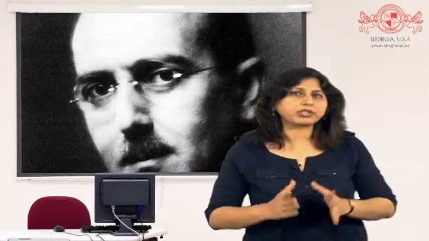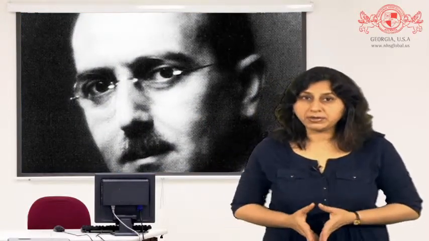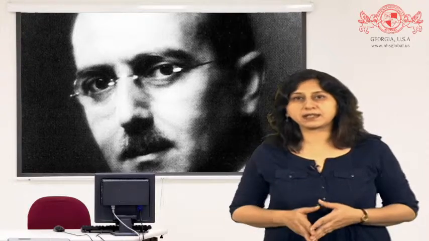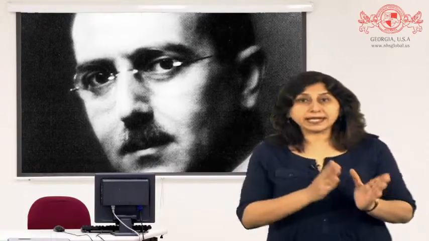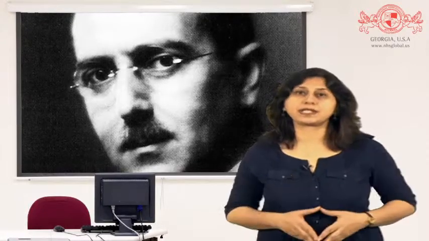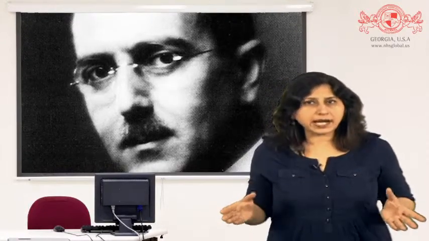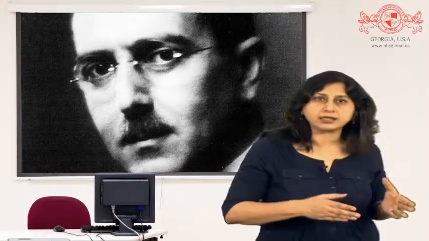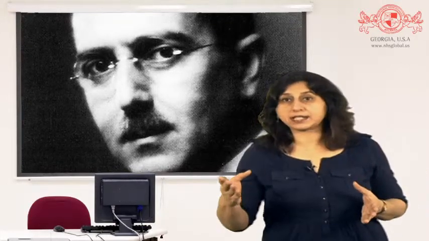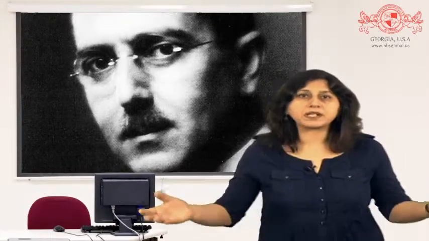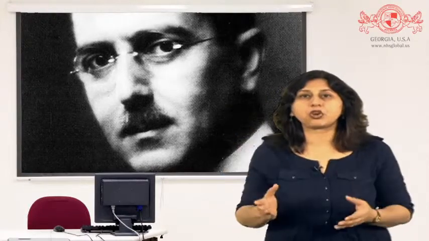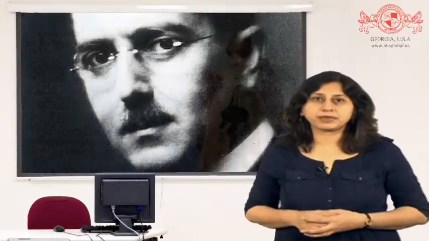Kelsen gave a pure theory of law. According to him, law is a normative science. The legal norms are ought norms as distinct from is norms of physical and natural sciences. Law does not attempt to describe what actually occurs, but only prescribes certain rules. All norms derive their power from the ultimate norm called Grund norm.